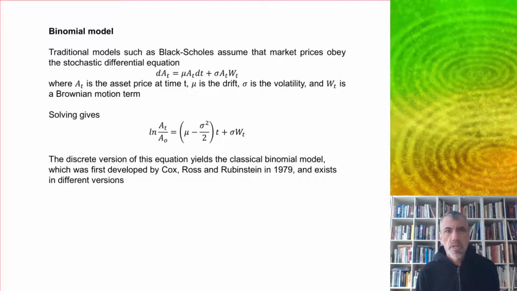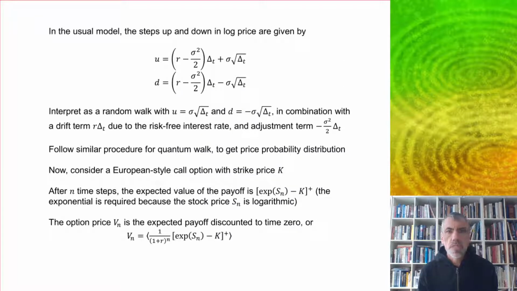So the traditional way of modeling option prices is something like the Black-Scholes model, which assumes that market prices obey the stochastic differential equation. Like this one here, which involves a drift term and a volatility term, and solving it gives this equation, which again is a drift term plus a volatility term. And the discrete version of this equation yields the classical binomial model, which exists in different versions. And the usual one, the steps up and down in log price, are given by these formulae, which we can